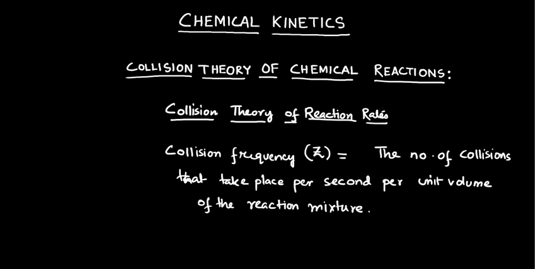Suppose in a certain reaction consisting of certain kinds of reacting species, 100 collisions are taking place in a second. That's a very low value, let us suppose. Now, all the collisions are not giving rise to product. Suppose only 40 collisions are giving rise to product. So, out of the total number of collisions, how much are giving rise to products? Only 40%. So, 40% are successful, and the rest are not going to fetch anything. That means whatever energy those collisions have is wasted.